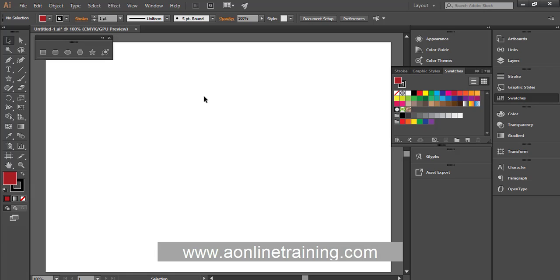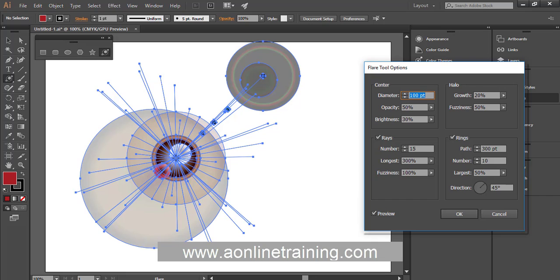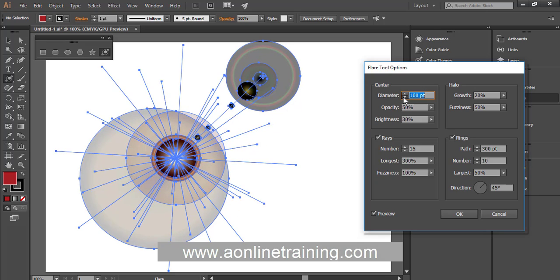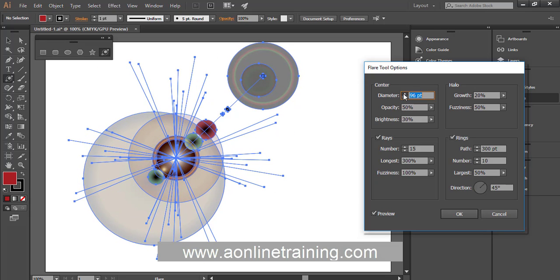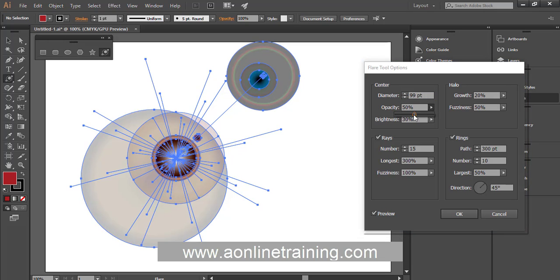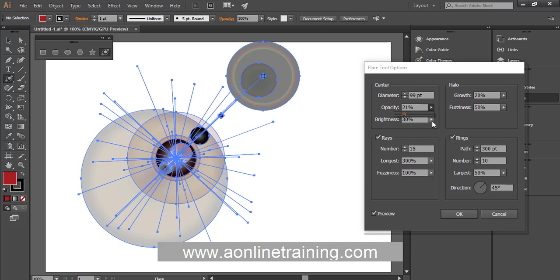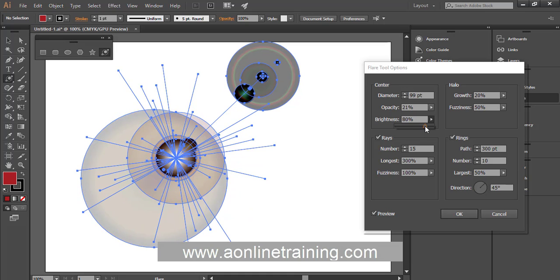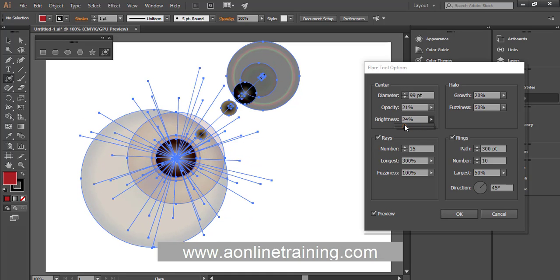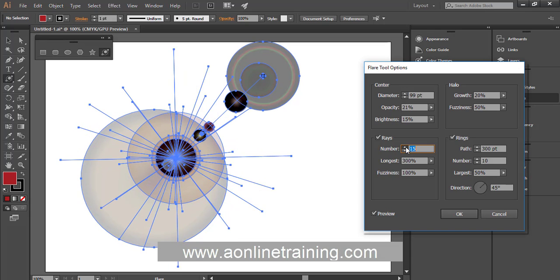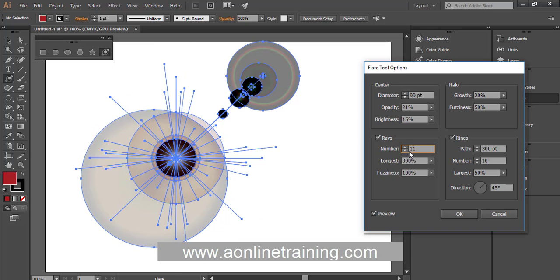Next is the flare tool. Select the tool, click on your artboard. You can change the diameter of the flare. You can increase the opacity, decrease the opacity, change the brightness, increase or decrease the number of rays,